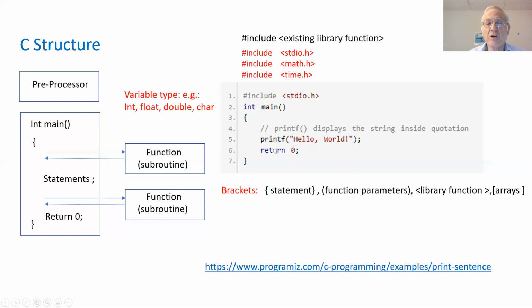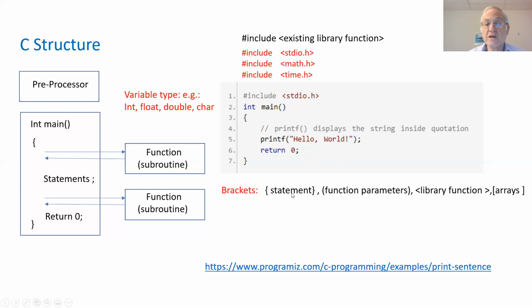And then the main program is ending with a return of 0, and 0 stands for the definition of the type that the program returns. In this particular case, it is an integer. We can also have floating, double, and characters when we define variables, and we'll see that in the next page.